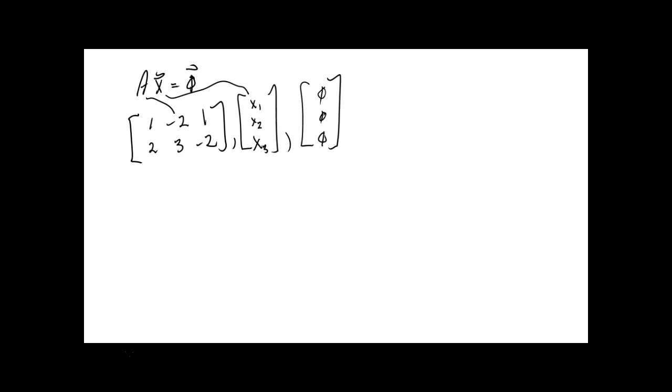Now, how we did it before was augmenting the matrix. Almost 1, negative 2, 1, 0, 2, 3, negative 2, 0, and row reduce. Well, first thing we want is a 1 right there. We got it. Good deal. What do we want next? A 0 below it. How do we make that happen? Negative 2 row 1 plus row 2 is the new row 2. So that will produce